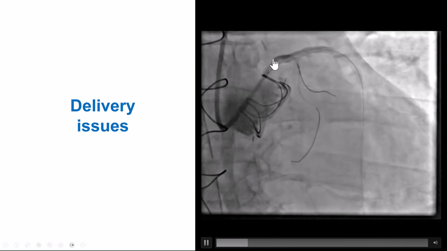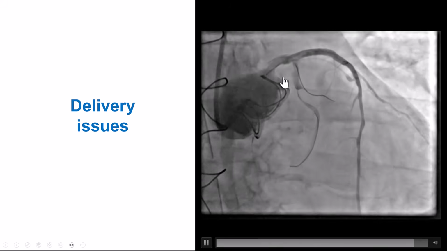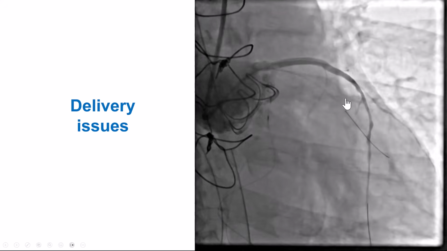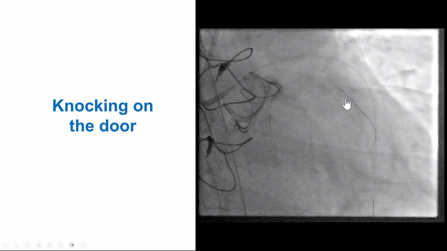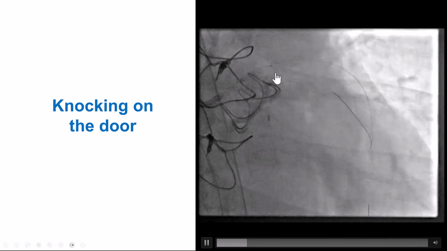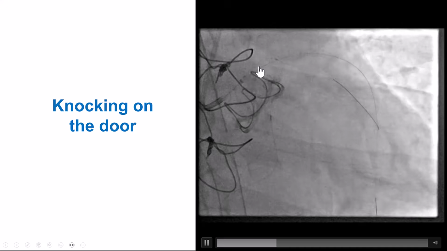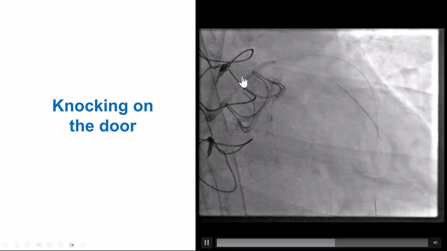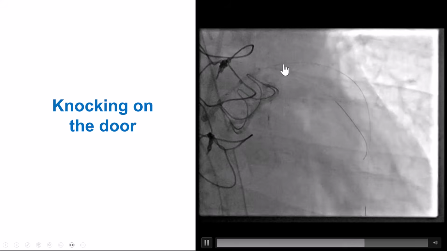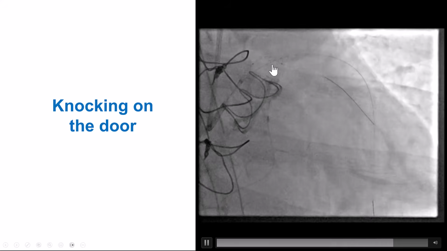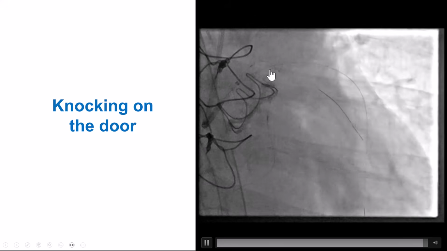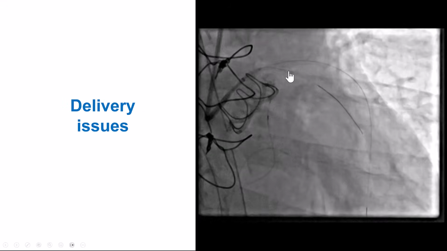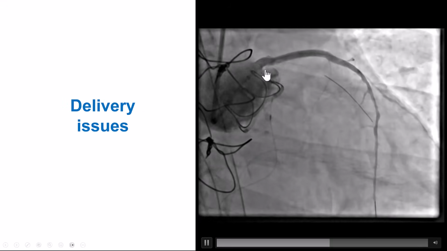Still, it was not easy. We had difficulties getting the wires into the circumflex, obtuse marginal branch. But after multiple rewiring using polymer jacketed wires, we were able to get the wire in the right place. We had difficulty delivering balloons. We used repeatedly the knock on the door technique. Push as much as you can, inflate, deflate, then advance again, inflate again, and sometimes by doing this back and forth, the balloon will go a little further down, and again a little better predilatation, but still the flow remained